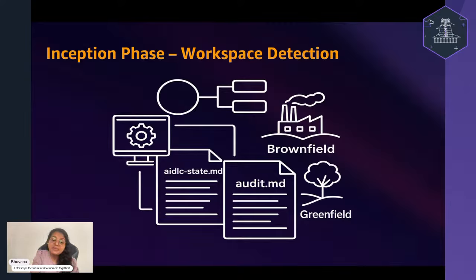I mentioned there are several phases and several stages in the AIDLC process. How do you know whether you have completed the second stage in the first phase, or which phase you stand in? There is a power cut, or a change in priorities, and you want to shut down your system and come back and resume. It should start from where you have stopped, right? So basically, the AIDLC state file keeps track of your phases and the stage where you stand, and that audit.md tracks